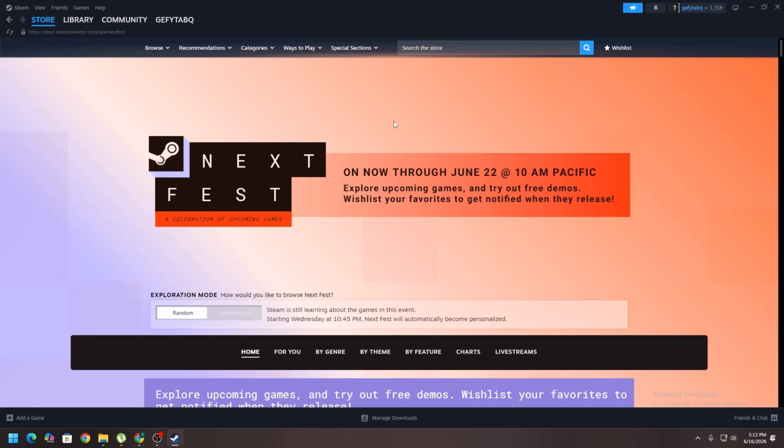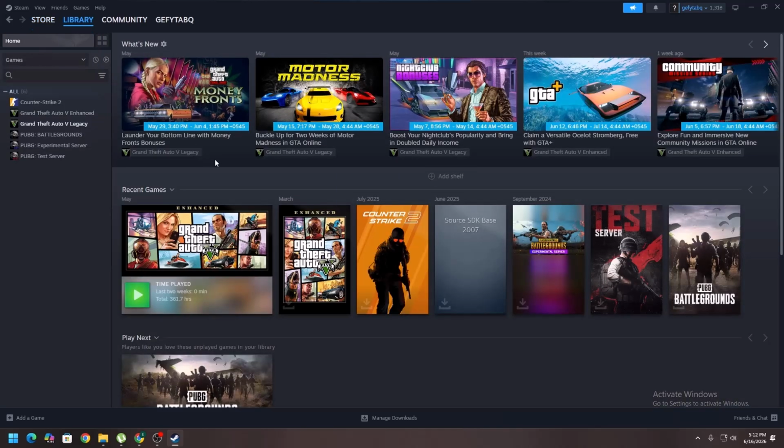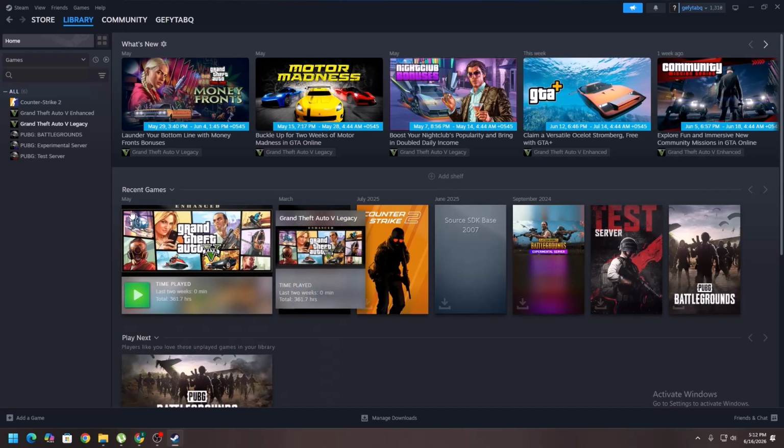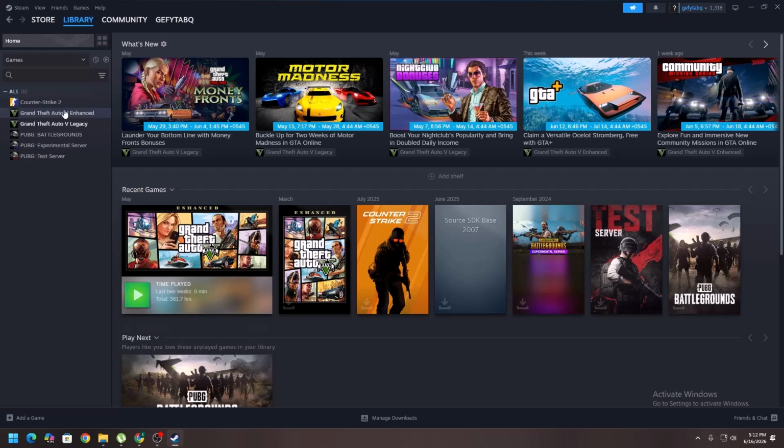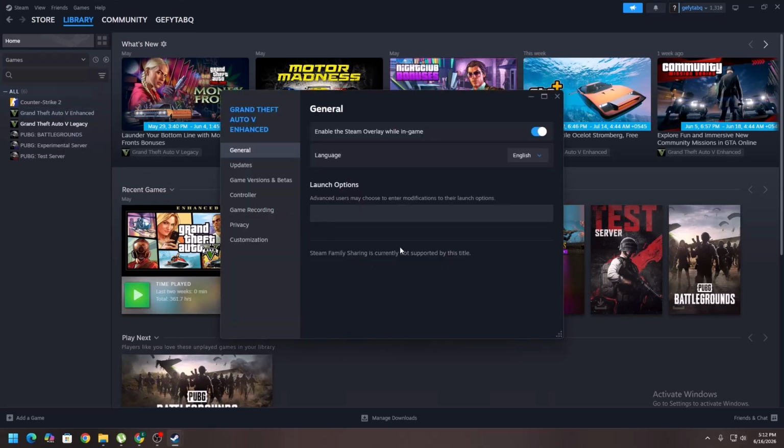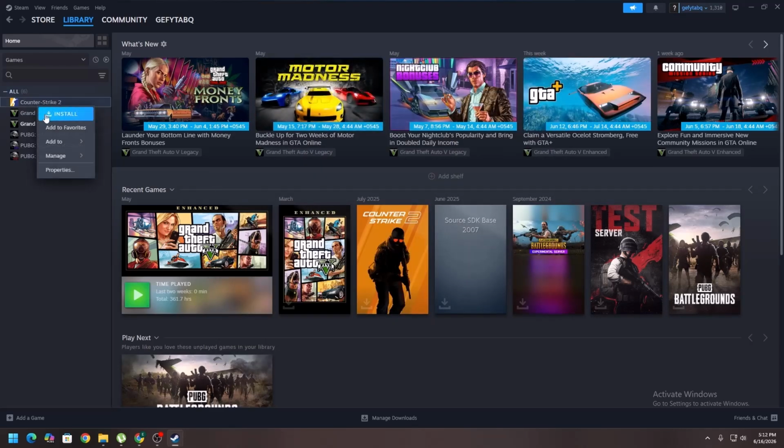So what you want to do is simply go ahead and open your library inside of your Steam. Once you've done that, you want to simply go ahead and head into the DLC tab. So if you don't see the DLC tab, you want to simply go ahead and look for the properties right over here on any games that you want, and this is where all the DLC is going to be shown. Now if it is not the case, then you might also need to simply right click on the game